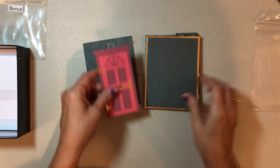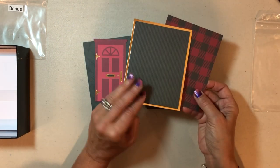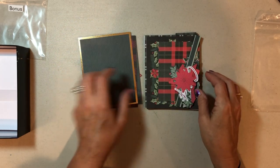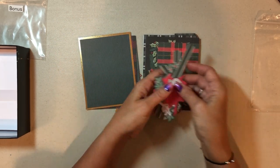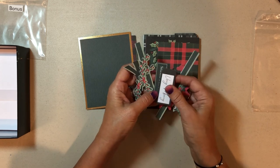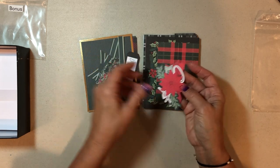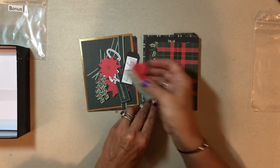So unfortunately they don't put these in any kind of order. As you'll see, there's 8, there's 4, but it's easy enough to take, you know, not even 10 minutes and do that ahead of time, so you're all ready to go. So I just feel like the components, as I said before, we're looking at very traditional rich greens and